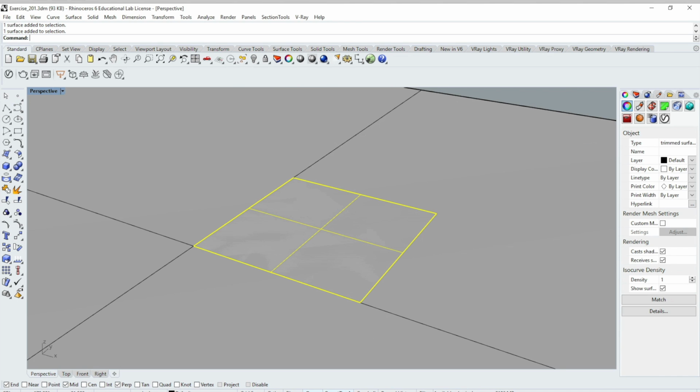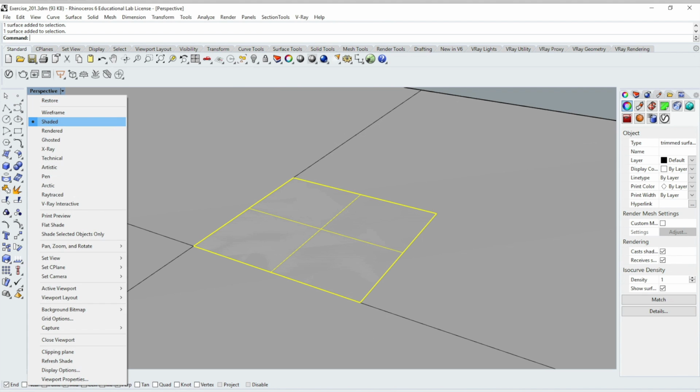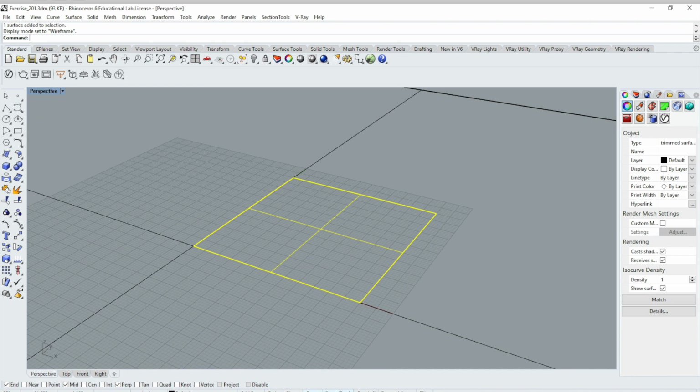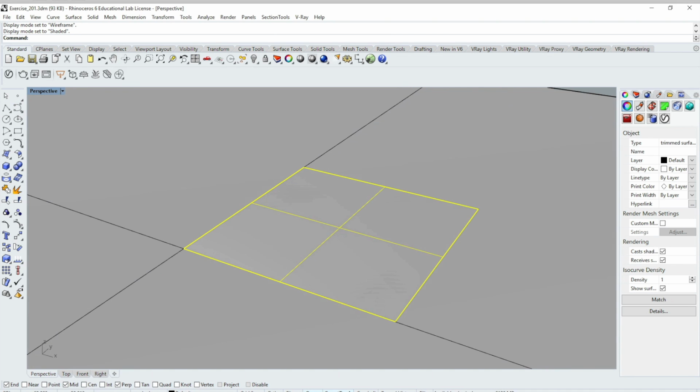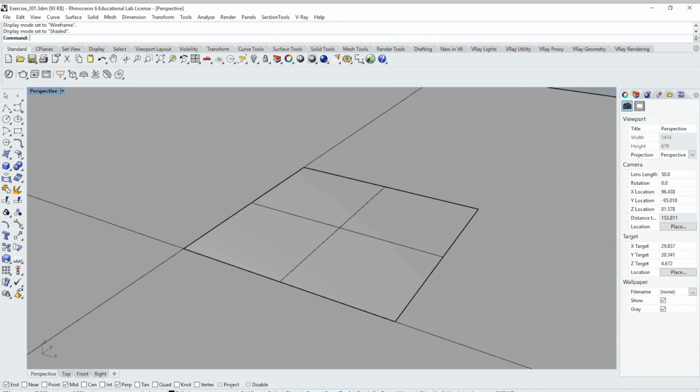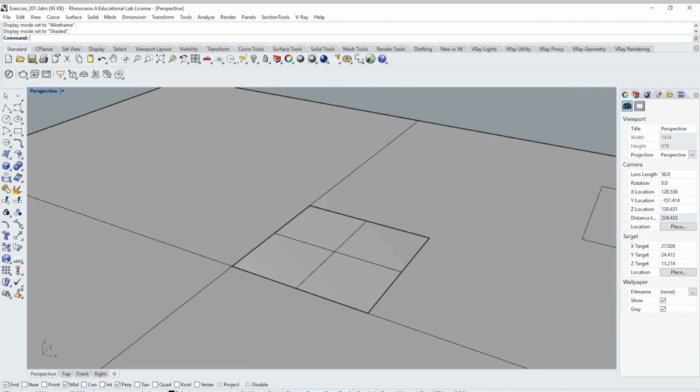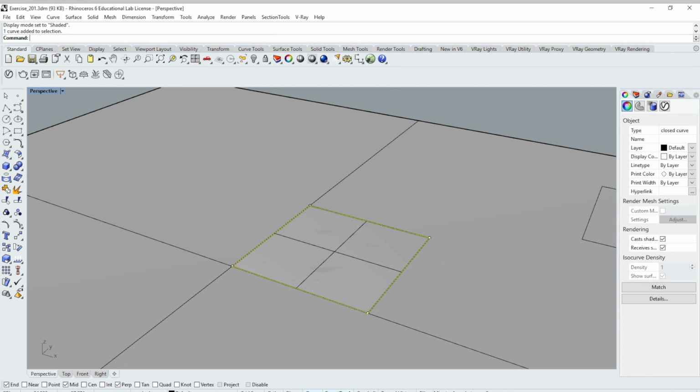Now, some of you, if you didn't start with the template file, or if you didn't start with the file that I let you download, you may be seeing this in wireframe mode, which would look more like this. If you're seeing it in wireframe mode, make sure you come up to where it says perspective, click the little down-facing arrow, and then change to shaded mode, like that, so you're seeing it with the shading applied. I'm going to zoom out just slightly as we go forward. So once again, that was select the rectangle, and then go to surface and then patch.